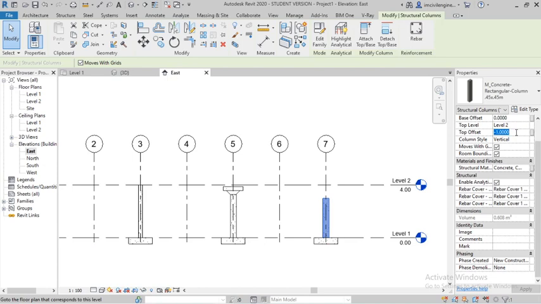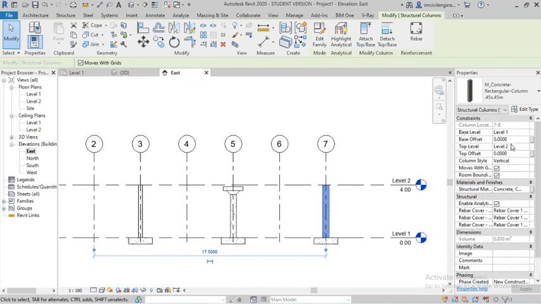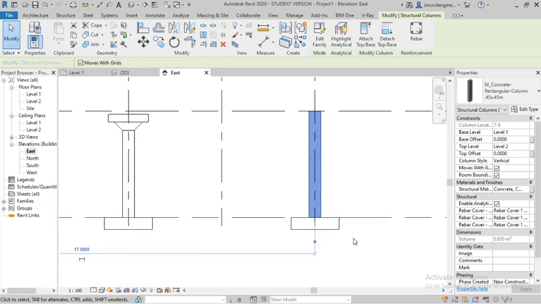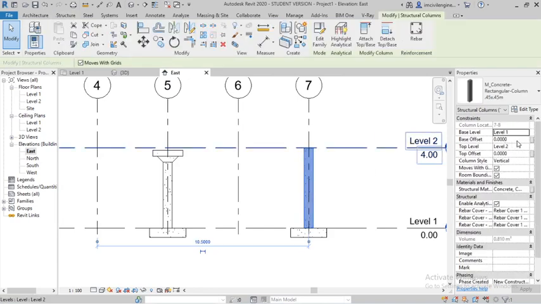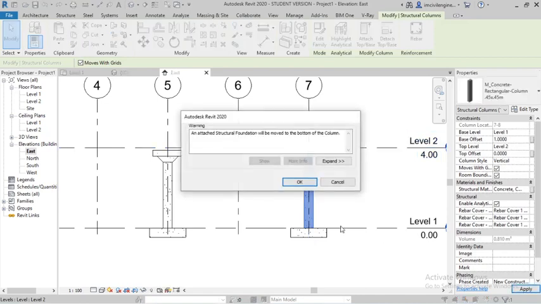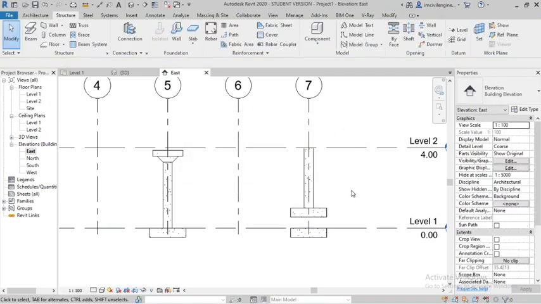Make it 0. Base offset is from the base, so you can adjust the base. Select the column and set the base offset, for example 1 meter for reference purposes.